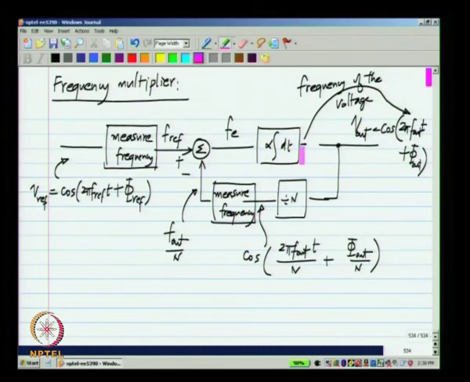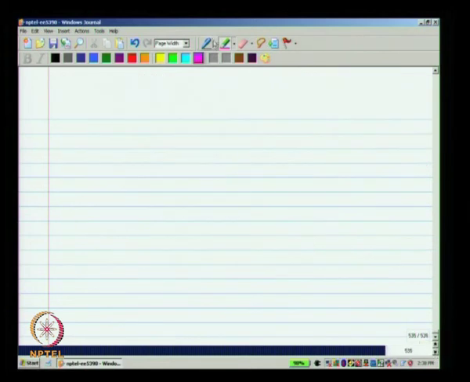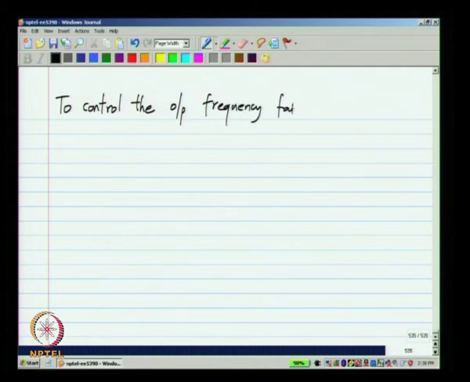Okay. So, we need to be able to control the output frequency, that is we need a block whose frequency can be electrically controlled. If it can be done, then we can drive it with the integral of the frequency difference, that is drive it with this signal and control the output frequency. Now, it turns out that to control the output frequency f out, there is a block that is available which is known as a voltage controlled oscillator.